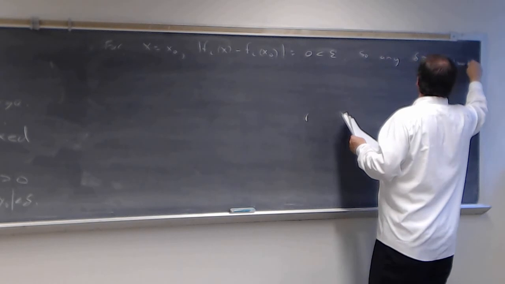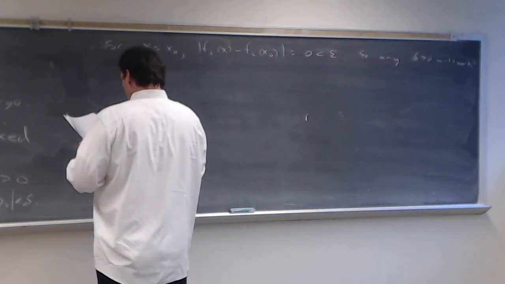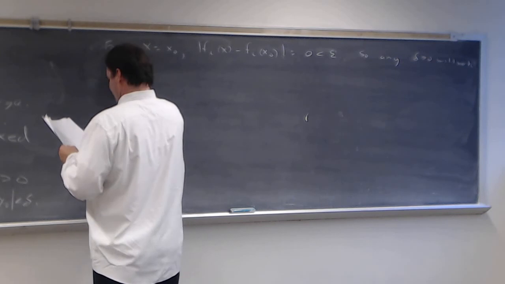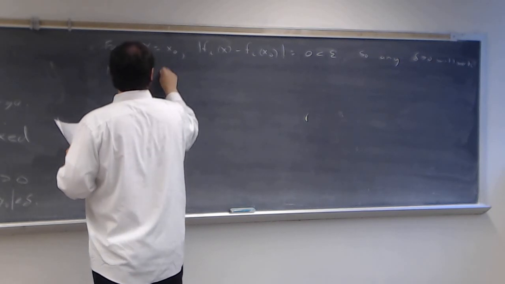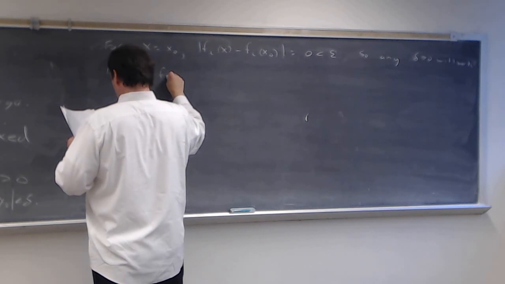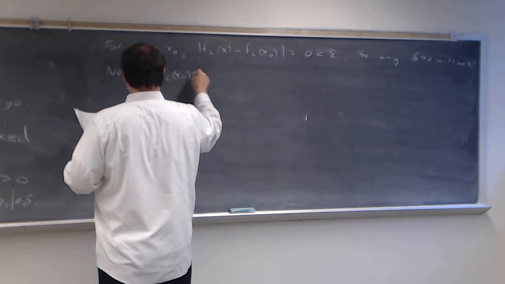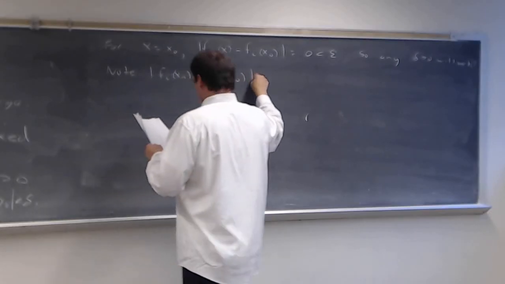That doesn't put any restrictions on our delta. So we're going to have to worry about the other types of x's. Now note, f sub i of x sub n, the other types of x's, minus f sub i of x naught, will be